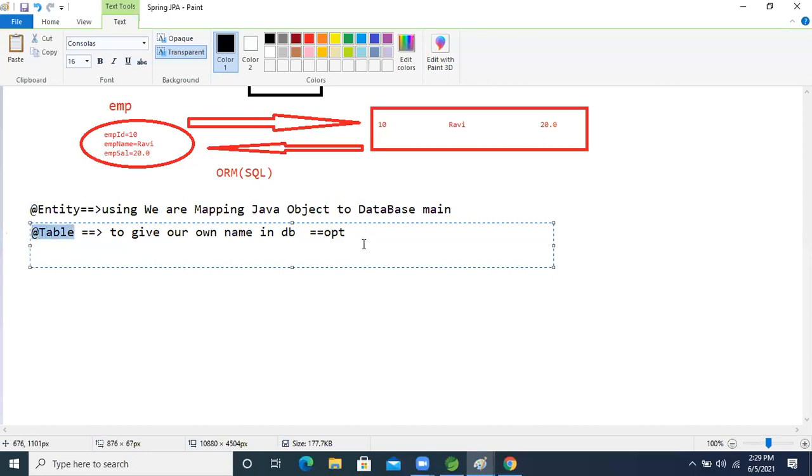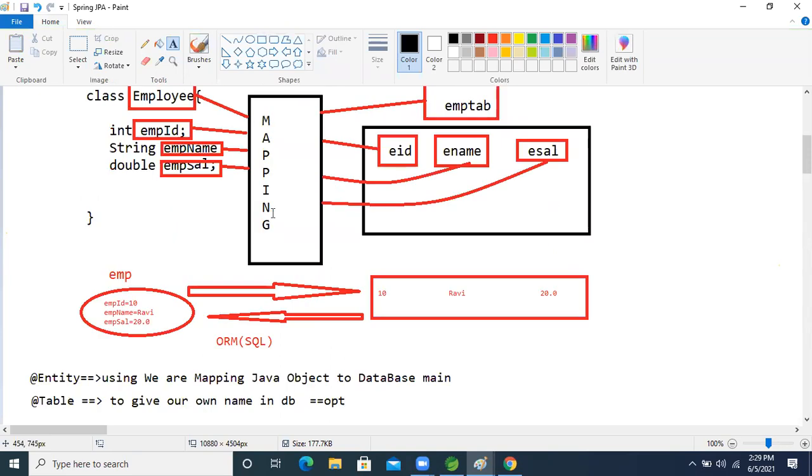This annotation is optional. Another thing, one more thing.